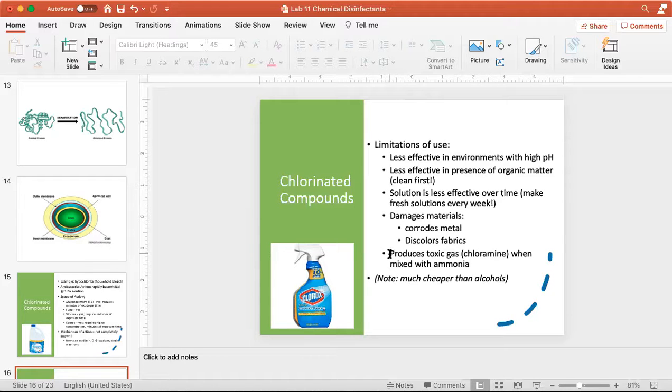Here's one that you may or may not be familiar with. You have to be very careful not to mix bleach with ammonia. Now, we don't tend to use as much ammonia anymore as a cleaning chemical because it has a particularly bad smell, and most consumers don't like the smell of ammonia. It used to be much more popular than it is now. But there are still people who use ammonia for certain cleaning jobs in their home, especially. If you mix bleach with ammonia, you will produce chloramine. And chloramine is a toxic gas.